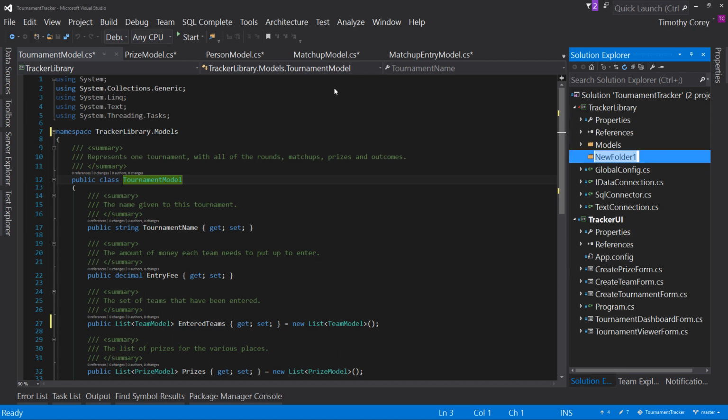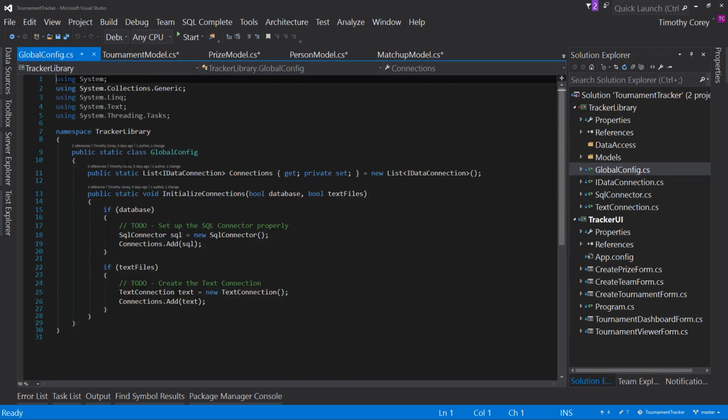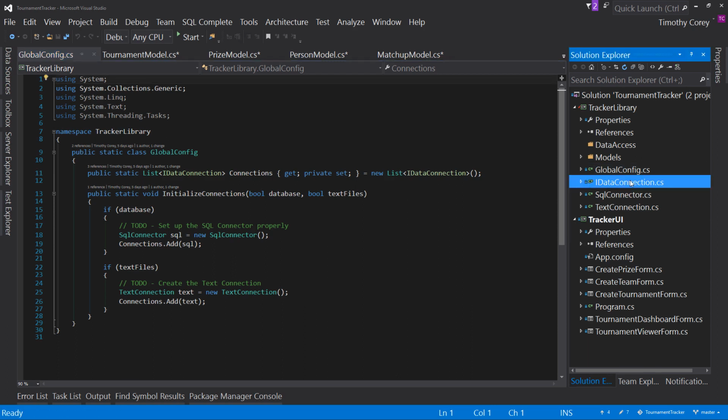I'm going to call this folder Data Access. These names aren't necessarily really important, it's just for me to know what this is for. In this case, I'm going to move, and here's the debate, global config. Do I move that into data access? I say no, because it's not really about data access, it's about configuration. So I'm going to leave it alone, but I will move the iData connection, the SQL connector, and the